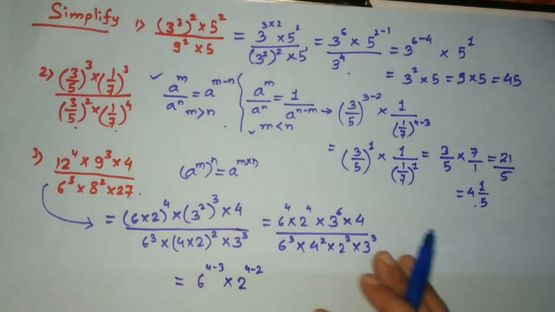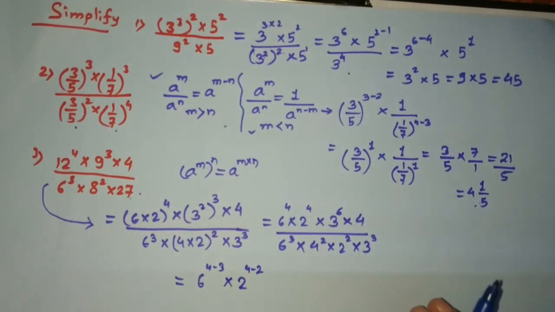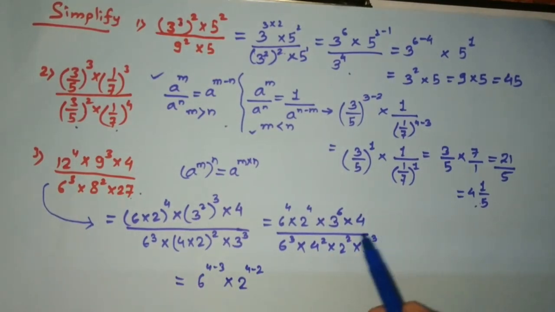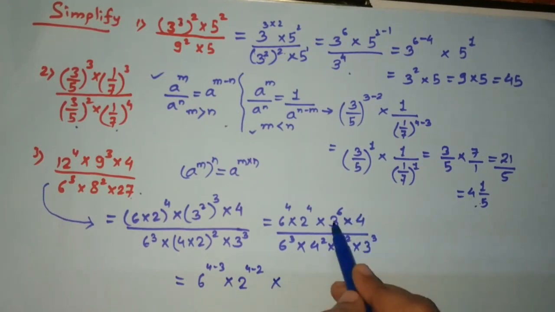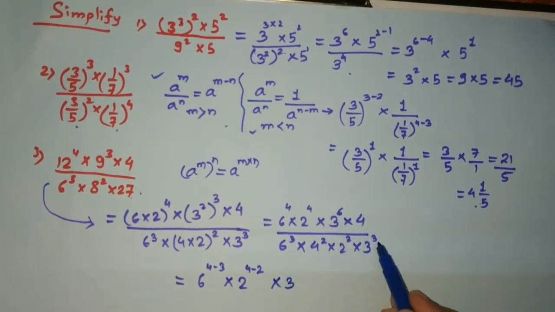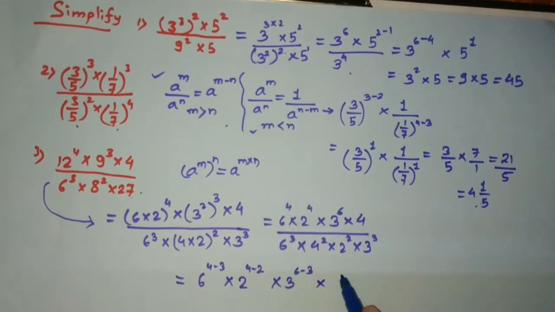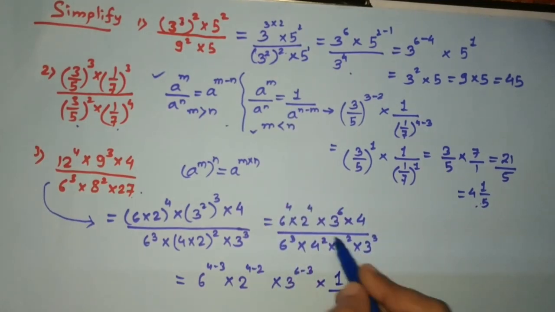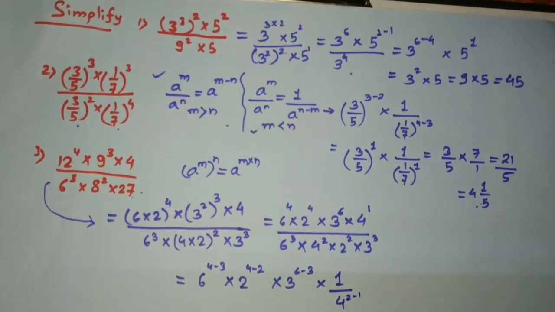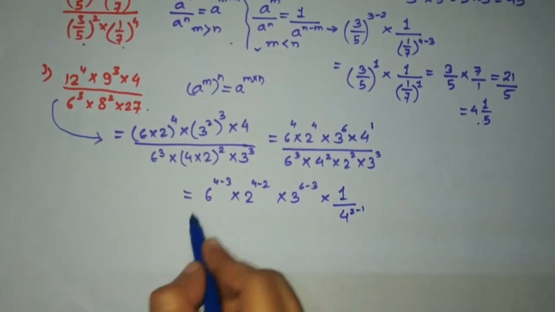You can check it out, and you need to be very alert. When you're solving exponents, your eyes should be very sharp to see these things. And here 3 to the power 6 minus this 3 to the power, this 6 factors, and here 3 factors of 3, into. Now friends, check out. This is 1 by 4 here, and here 4 square is there. So I'll go for 1 upon 4 to the power this 2 minus, here nothing but 1 is there. So 2 minus 1.